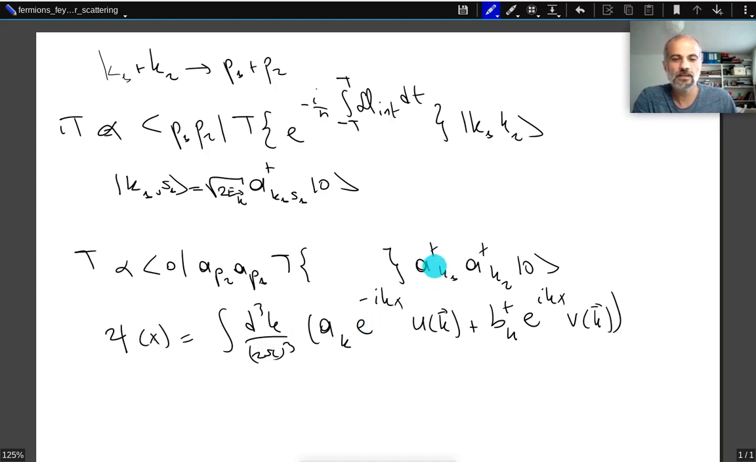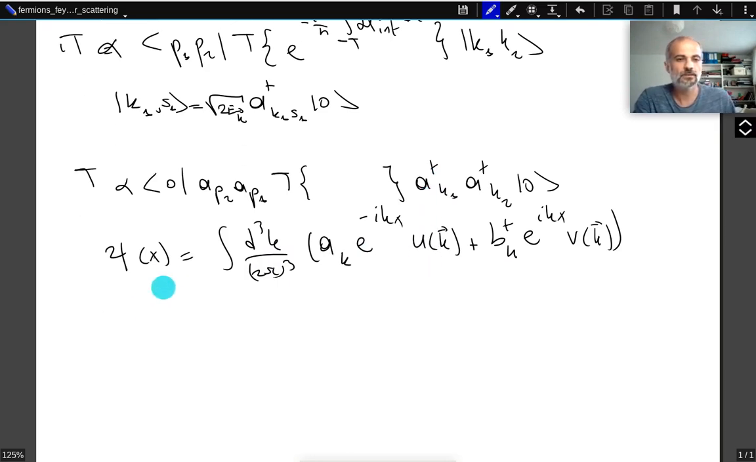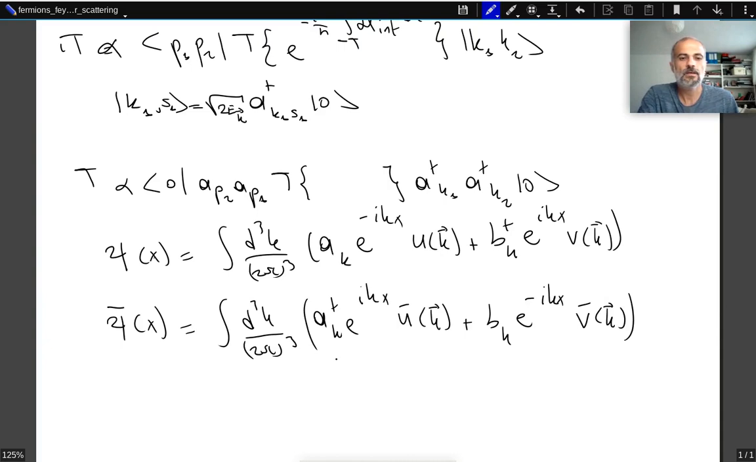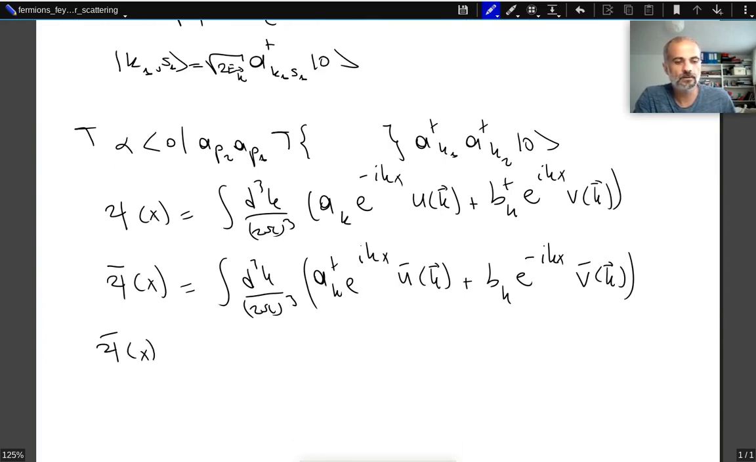Now here we need not the a operator, but the a dagger operator. So the a dagger operator can be obtained from psi bar. This will be the integral d cubed k divided by 2 pi cubed, a k dagger e to the power i k x u bar of k, plus b k e to the power minus i k x v bar of k. Now if we act psi bar of x on the vacuum, the operator b will annihilate the vacuum. So we only get the contribution from the a term,